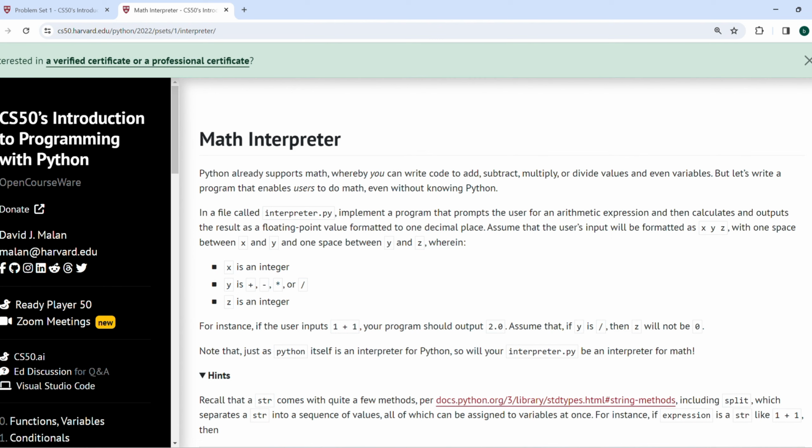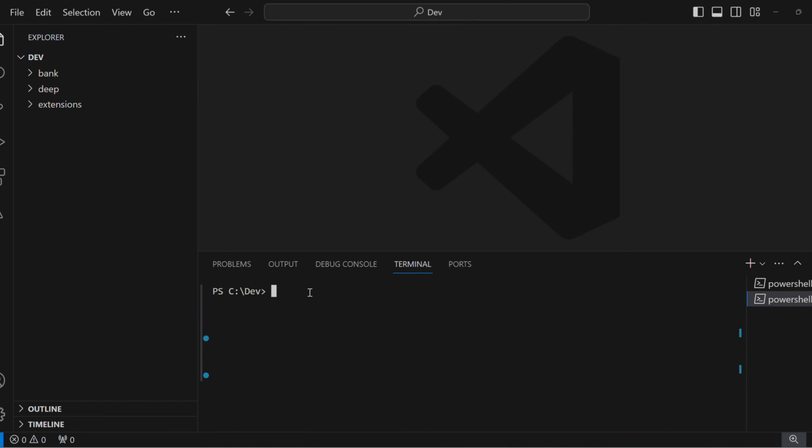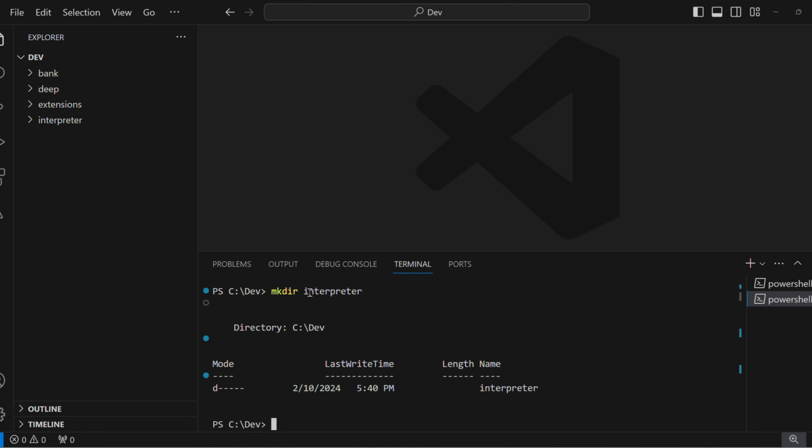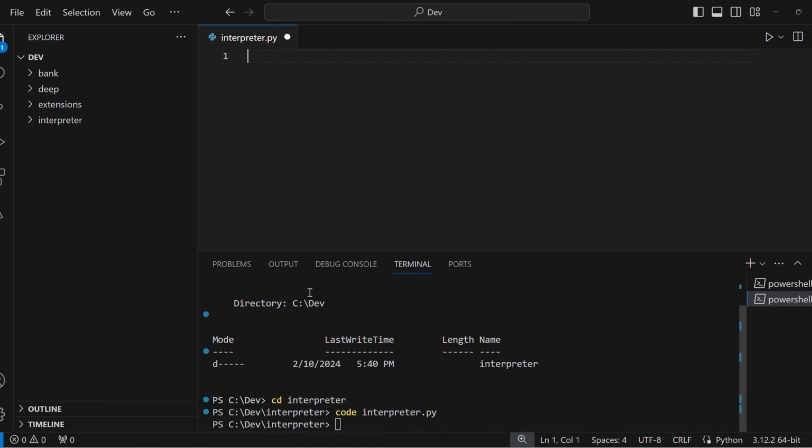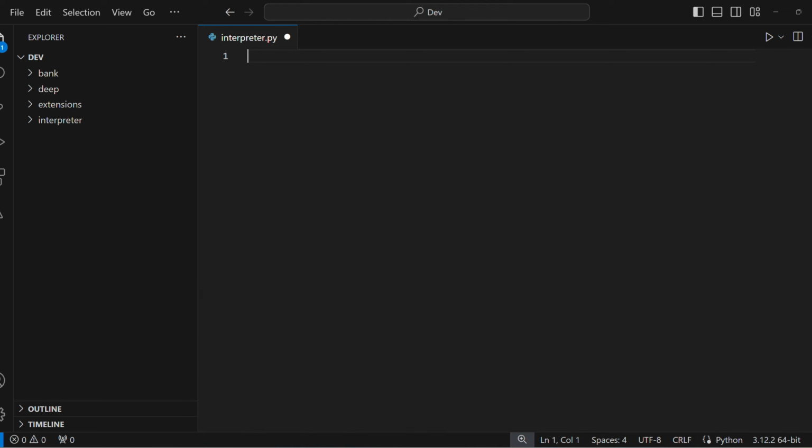So open VS Code. I'm going to create the folder extensions, interpreter, and I'm going to move into the folder interpreter. Then I will create a Python file. I'll call it interpreter.py. Okay, my file has been created for me, so I'll just close this terminal,